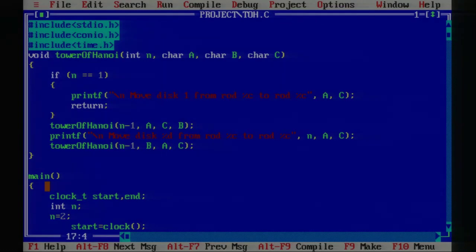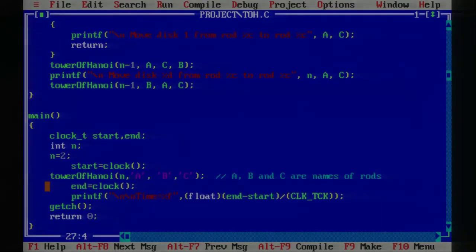Alright, so in the main function, what you have to do is declare 2 variables, start and end. These specify the start of time and end of time respectively. They are of the type clock_t. I have also declared a variable called n. This n represents the number of disks which are used.